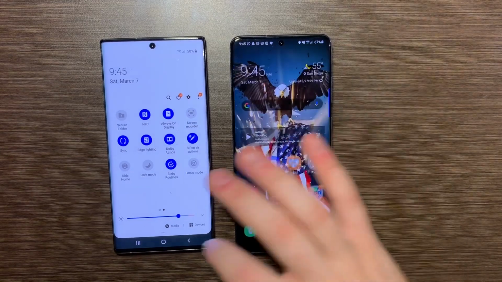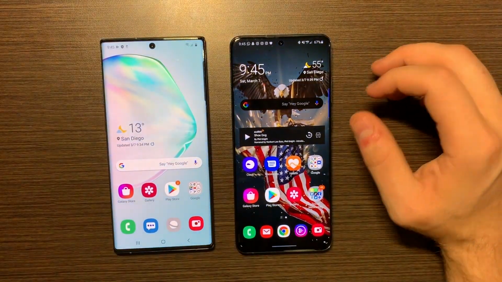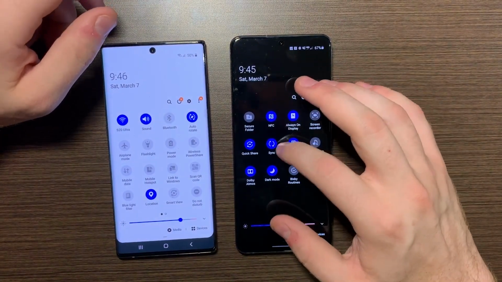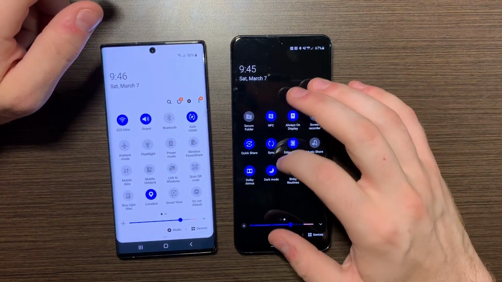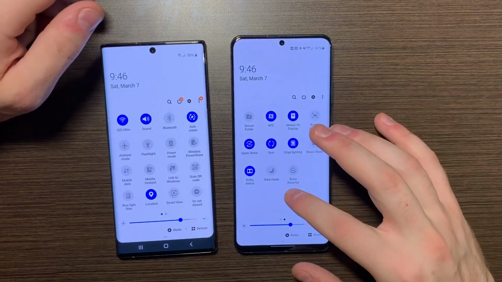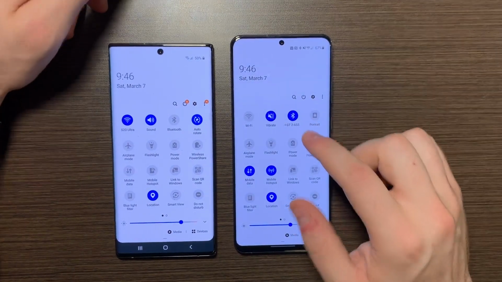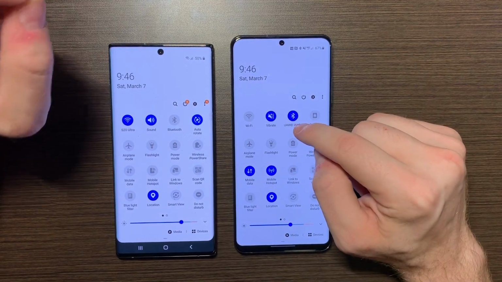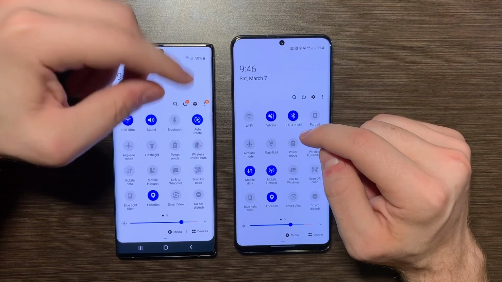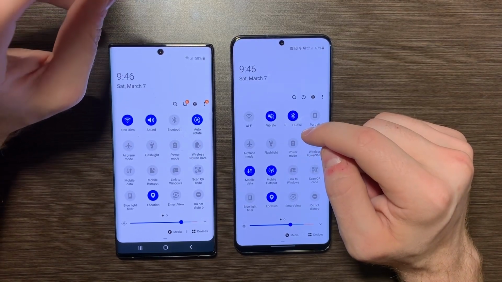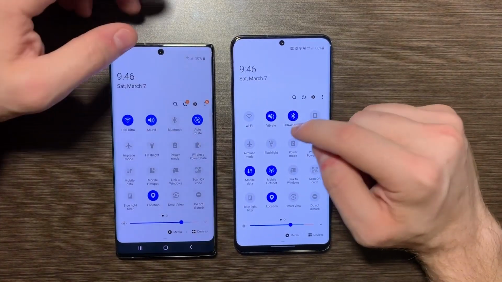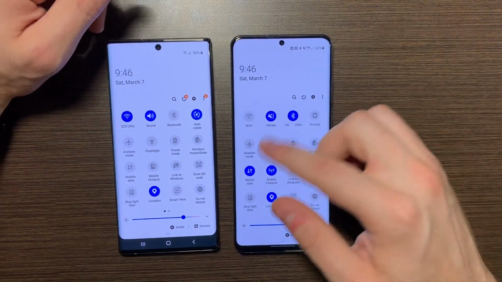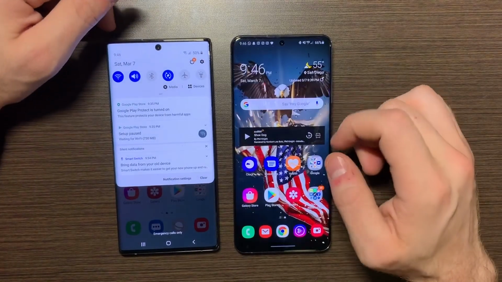This is Quick Share, and then the color of the panel. You could see the color of the panel here, dark mode off. You could see they're both blue, but on the 2.1 it's a slightly darker blue. I don't know if you could see this through a camera, but it's pretty obvious. Besides that,